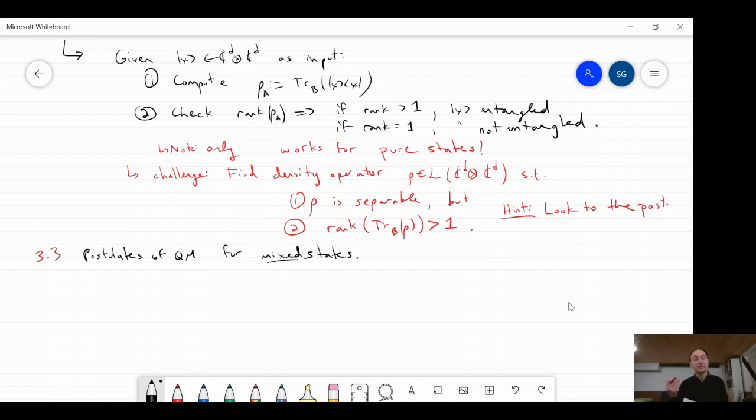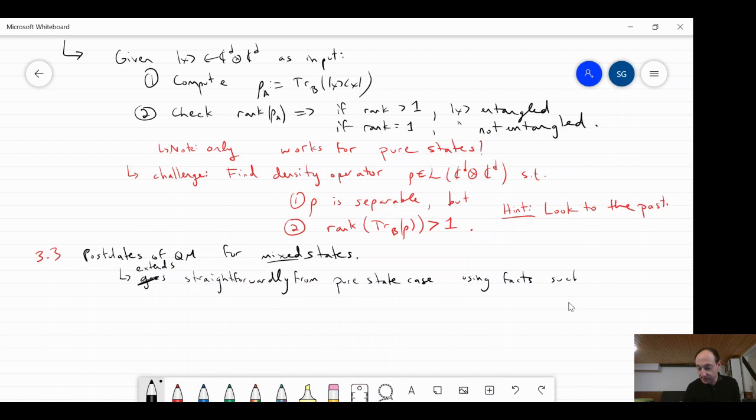In the future, if we ever need to say this is how the postulate extends to mixed states, we'll do it explicitly case by case. But it goes exactly how you would expect. It extends straightforwardly from the pure state case